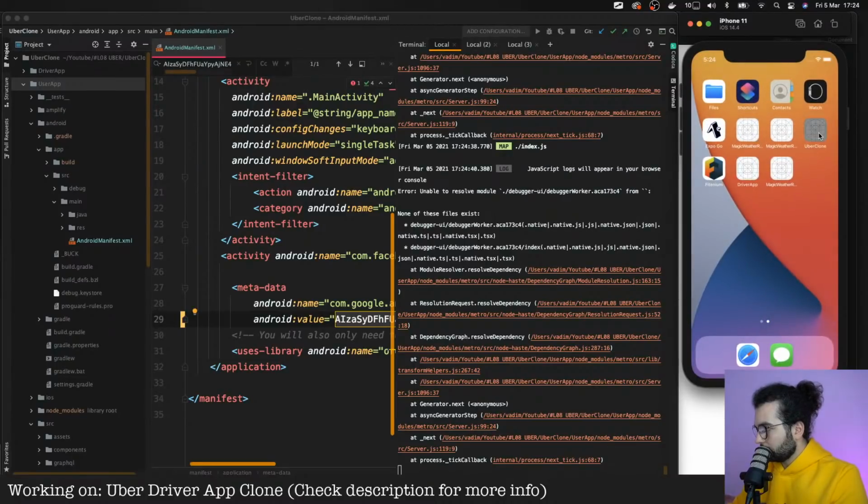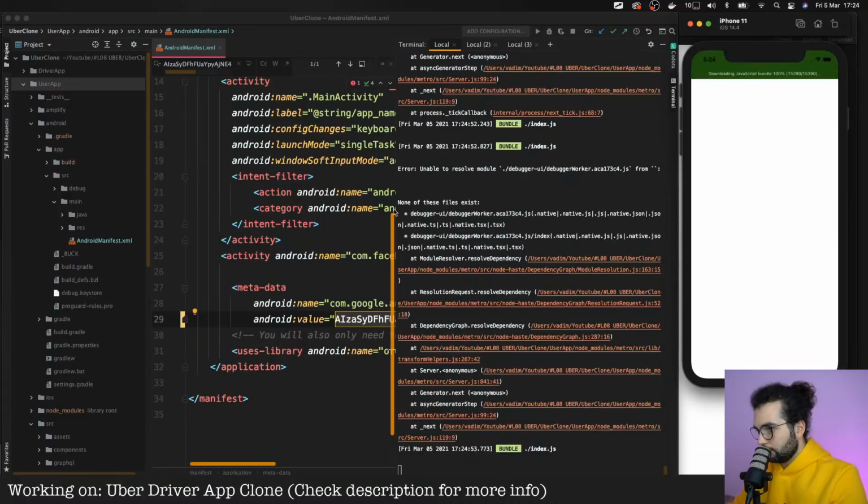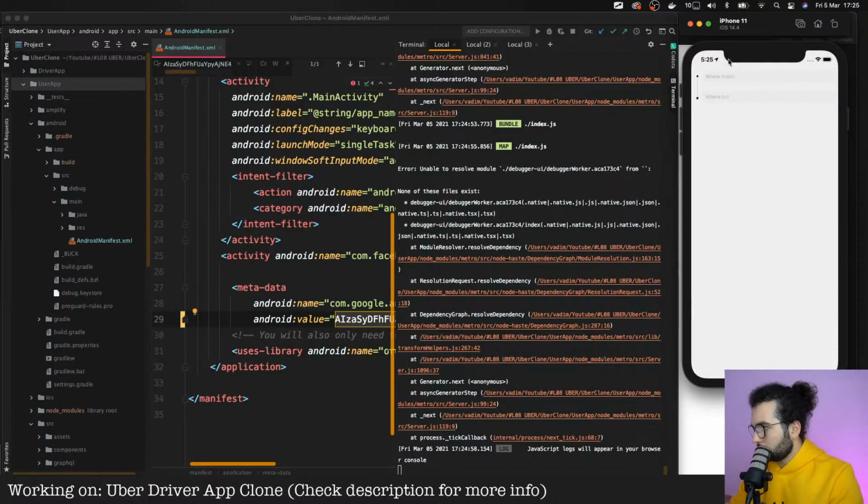Are there any errors that are not showing? None of this file exists. Okay, now it works. And let's hope it. Okay. Yeah, this works as well.